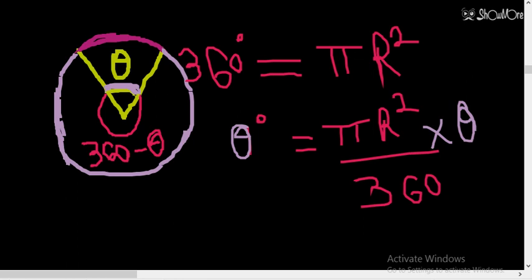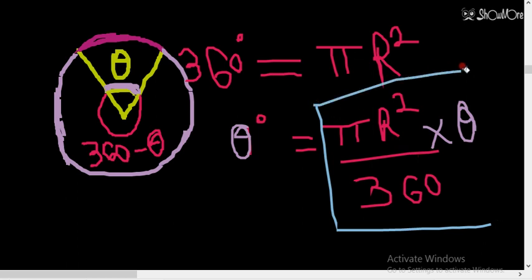Whenever you have to find the area of a sector, you will take the area of the complete circle, pi r square divided by 360, multiplied by theta, where theta is the angle of that particular given sector. So basically this concept is used, and now we are going to start with the first question. Some tricks and explanations will come with the questions, that I will explain. So please note down and take the screenshot.